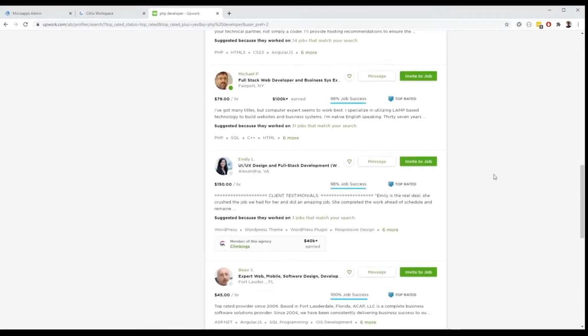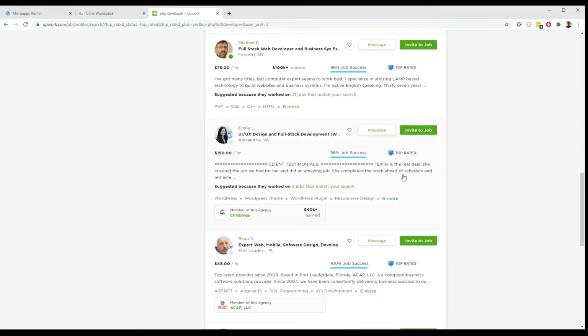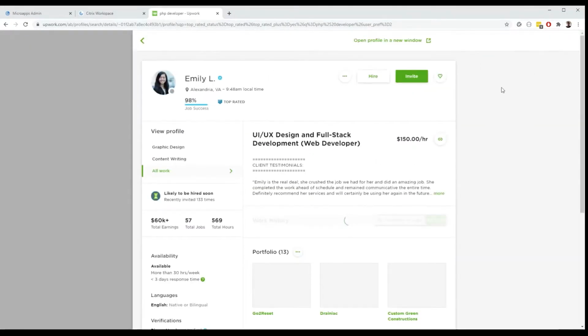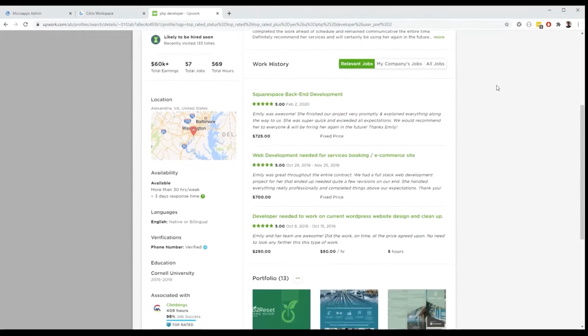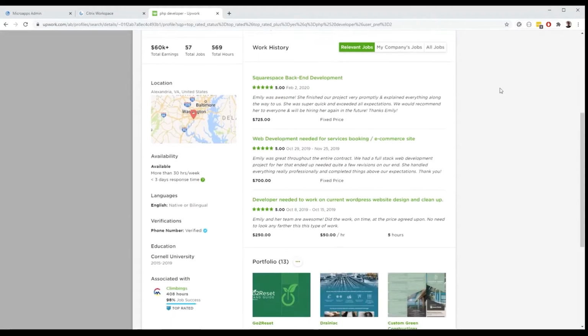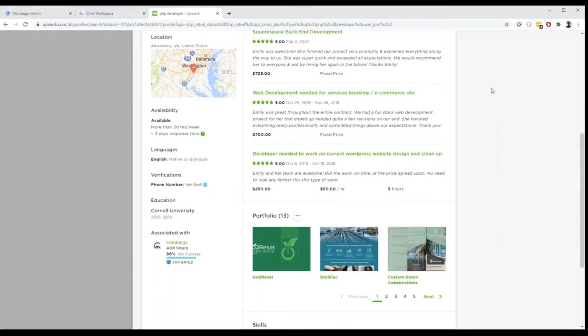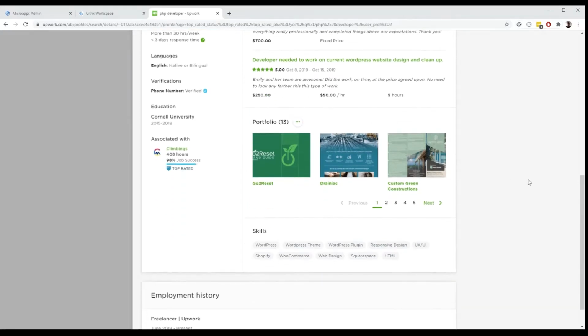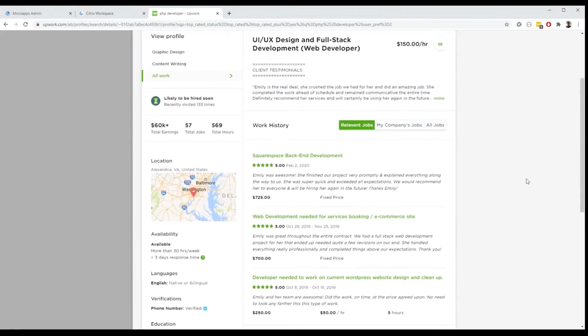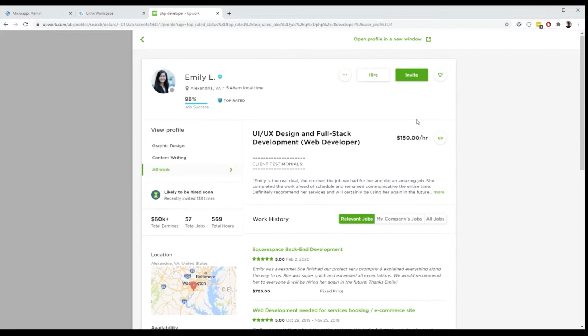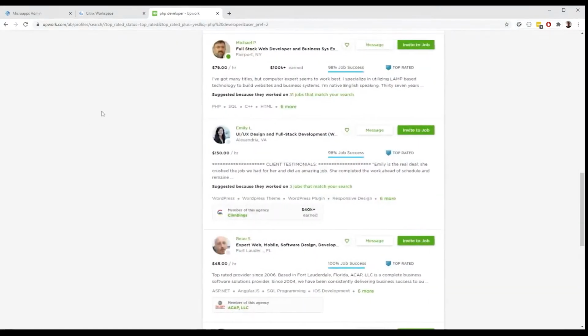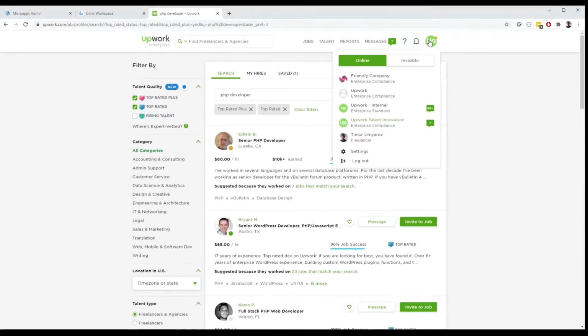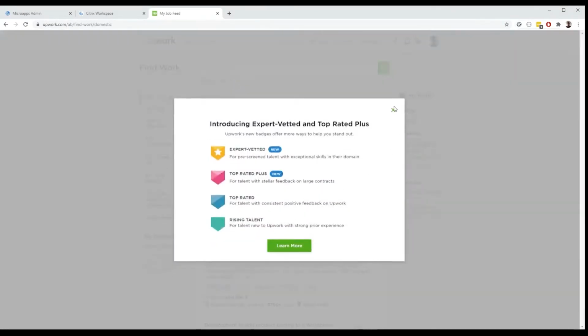We can see the results here and we can browse through the results, select people that we decide that we want to hire based on different criteria such as work history, availability, maybe their different certificates and verifications. And on the same page, users are able to either invite or hire those freelancers. On the other side, freelancers also can